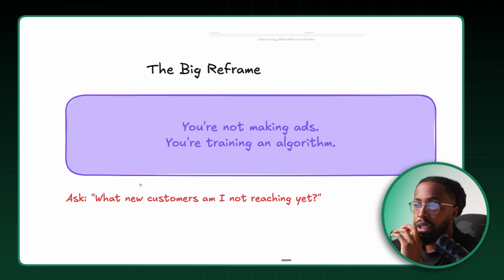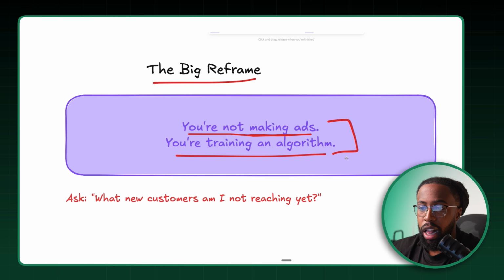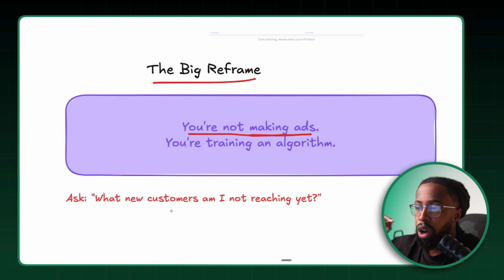All right. So this is the big reframe that I want you guys to really understand in this video, right? You are not making ads, you are training the algorithm. Contrary to popular belief, it's not about finding one winning ad, it's about training the algorithm. What you're asking is, what new customers am I not reaching yet? Every single ad tells Meta who to find. The brands that win this are the ones that test more beliefs, create more signal diversity, and expand the market